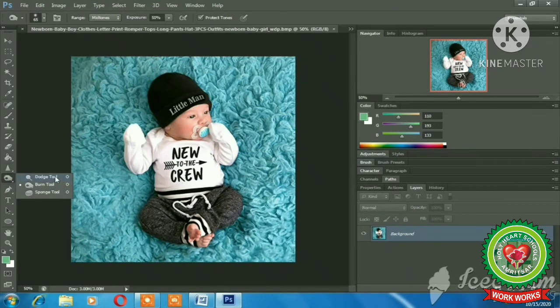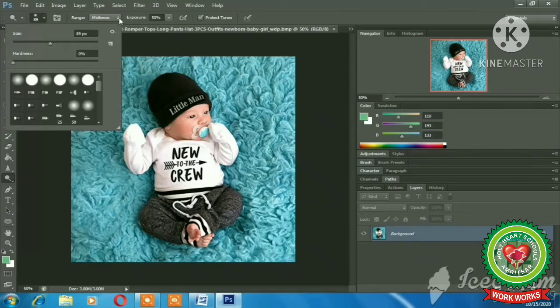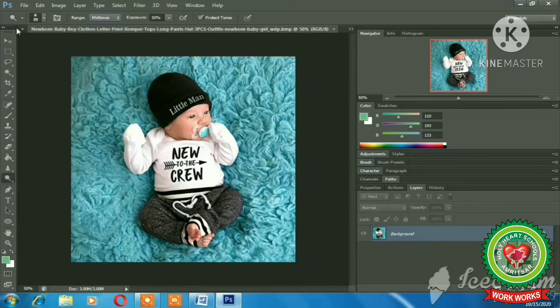And here we have dodge tool. First of all, I'll use the dodge tool for you. I'll click on the dodge tool. We can select the required options from the option bar, like the brush size, hardness, range, whatever we want. We can do the settings from the option bar. Now I'll hold and drag the mouse. I told you that the dodge tool lightens the color, lightens the part of the image. See, this is lightening the color. In this way we can lighten the color with the help of dodge tool.